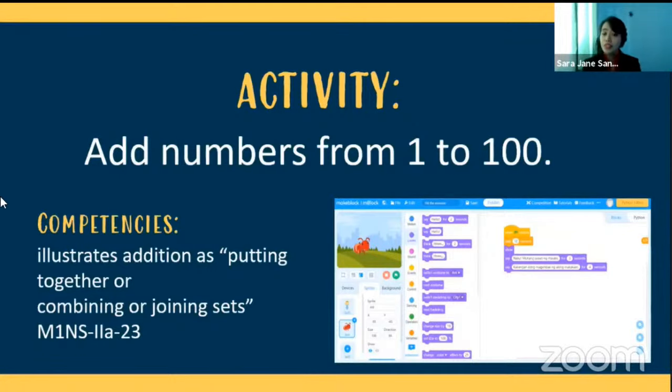Now, this is for frontal discussion. Si teacher ang gumawa para sa pagtuturo niya. Tapos yung mga students mag-answer dun sa program niya. Or at the same time, for higher grades, you can also give this one as an activity for your students. So number 1, magtuturo ka na about math. And number 2, makakagawa pa sila ng sarili nilang games.